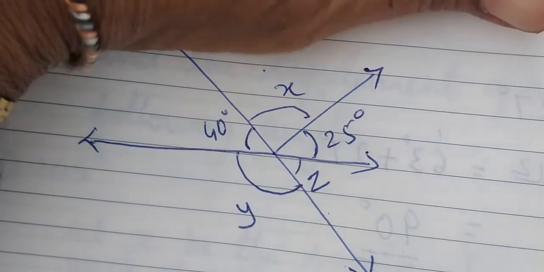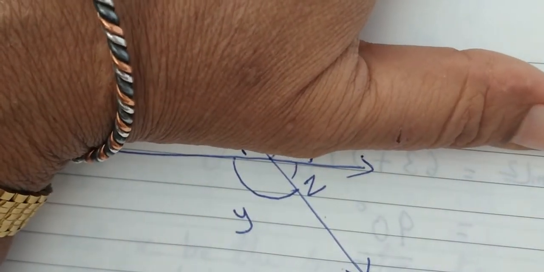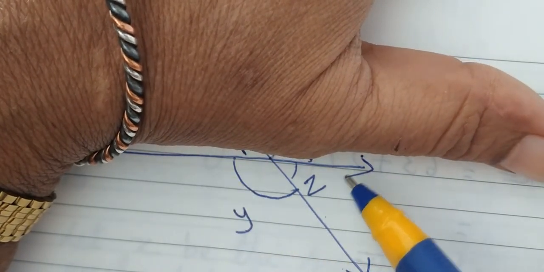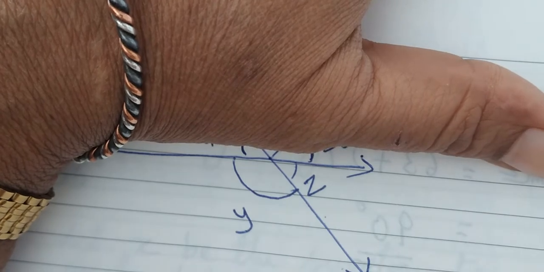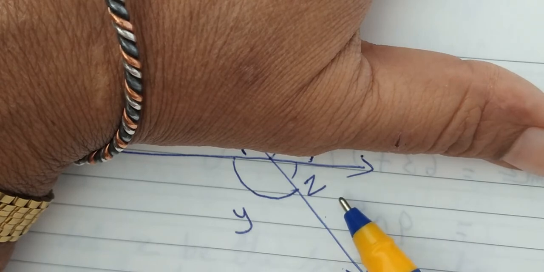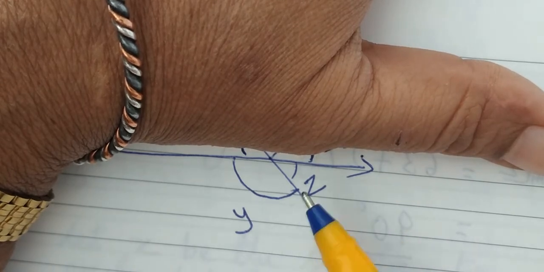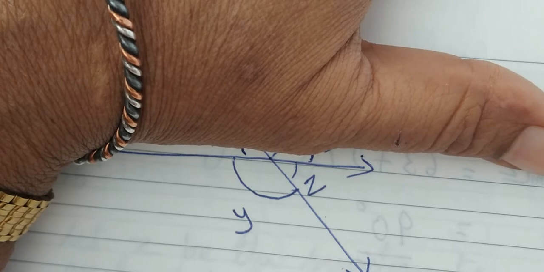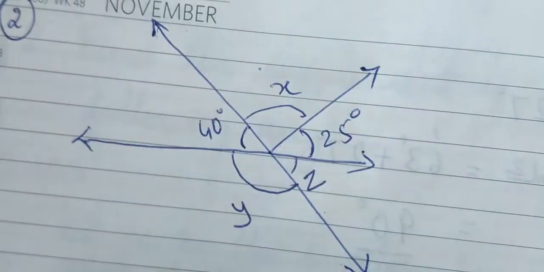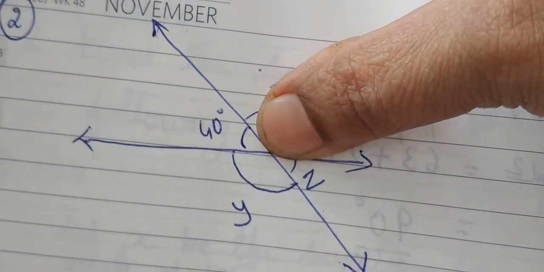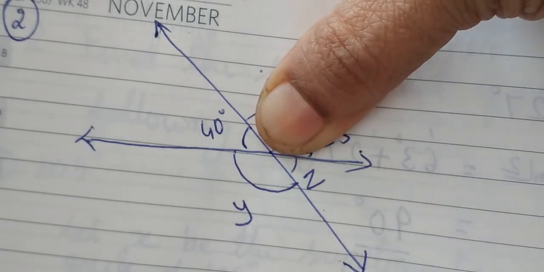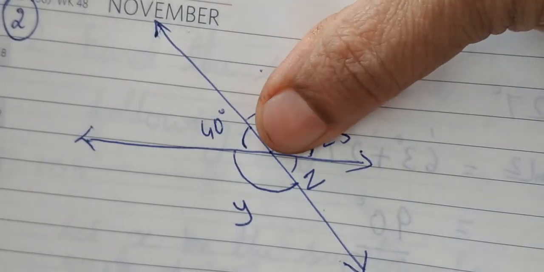Now you cover the upper section. What do you have? Again you have a straight angle, that is y plus z is equal to 180 degrees. But in this case, you don't have the measures of angle 4 and angle 5. For that you have to take the help of the upper part. Let me close this ray.